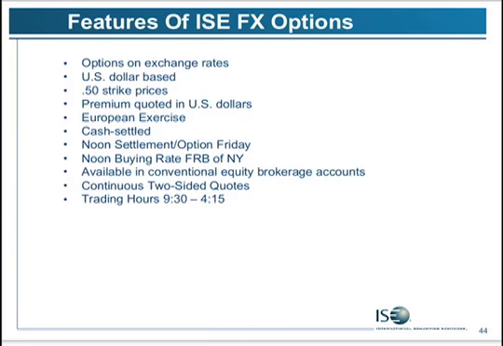So the features, they are no longer just dollar-based. They're actually dollar-based or dollar quote, but everything else is the same. We have options on exchange rates. They are 50-cent strike prices, premiums quoted in U.S. dollars, European exercise, they're cash settled, noon settlement and option expiration. The rate is at the WM Reuters rate,